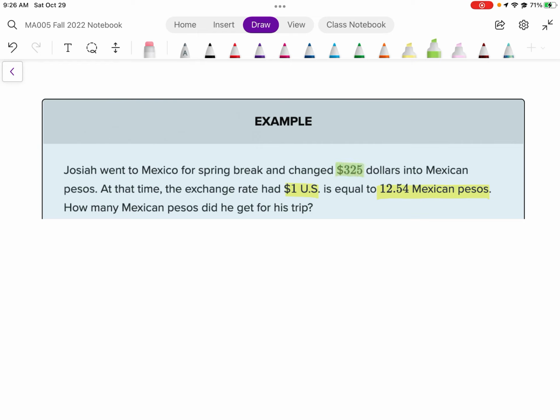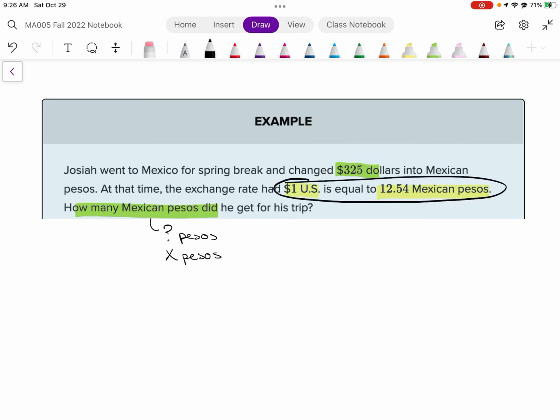Okay, so this is our $325. And how many Mexican pesos did he get? So there's not side by side in the question, so you really have to be careful. So the question is going to be question mark pesos or X pesos. Now, I would like that to be on the top, personally. So I'm going to put pesos on top when I start. So here's my starting point,